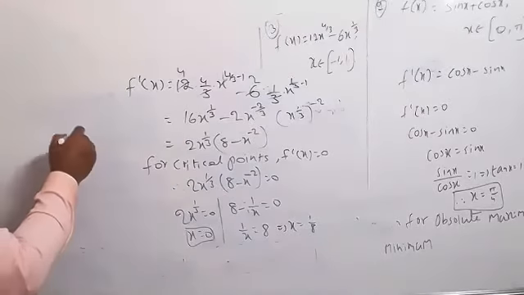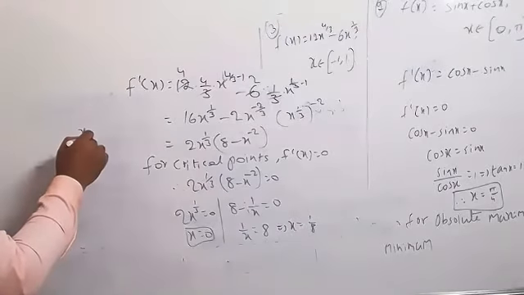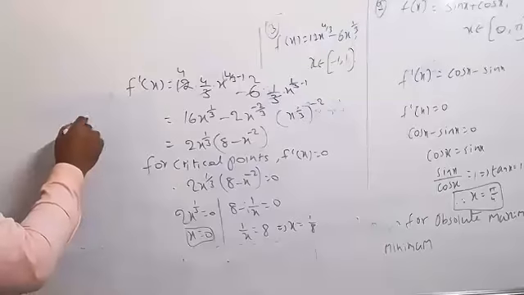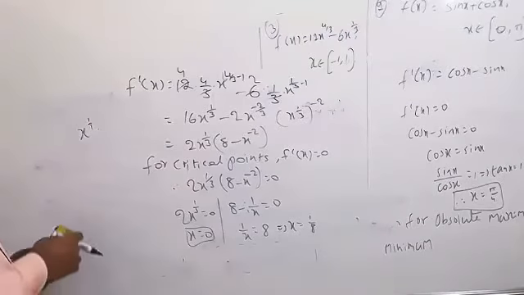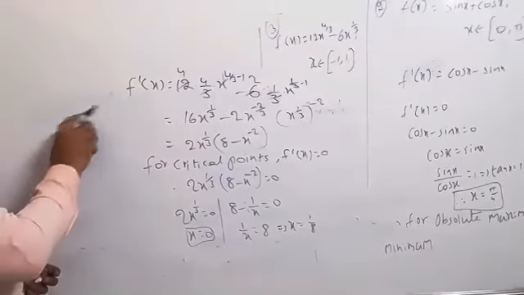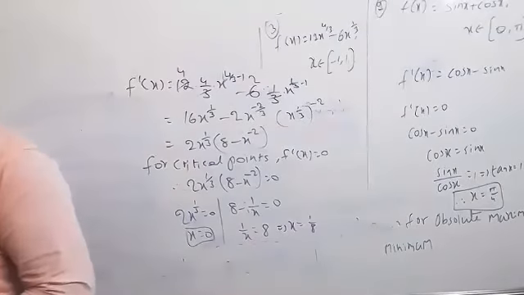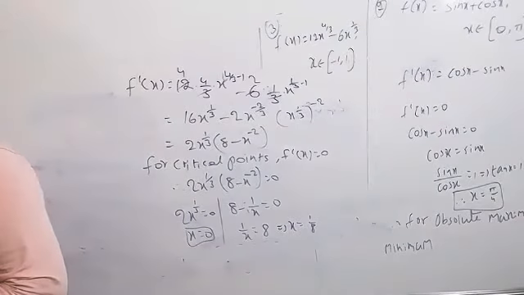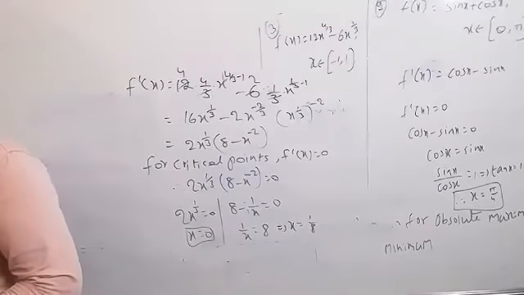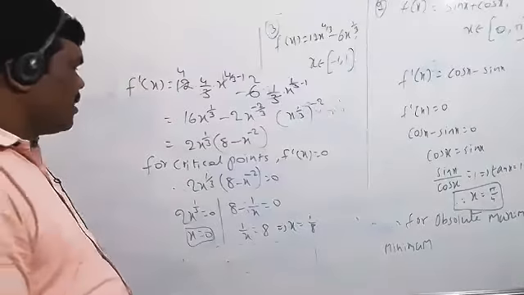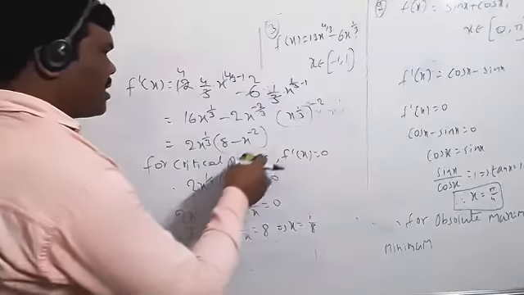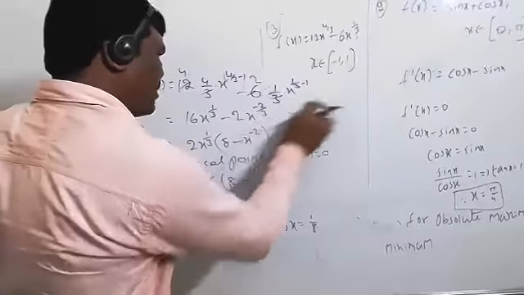Then what will happen, once you can see that one? We got x power 1 by 3 into x power minus 1 minus 2. It's not possible. But minus 3 also it's not possible. We can't take that one. Sir, 1 by 8 is correct, sir. 1 by 8. Or else you can take directly the same thing only. Directly we can take 1 by 8, the same thing only can write now.